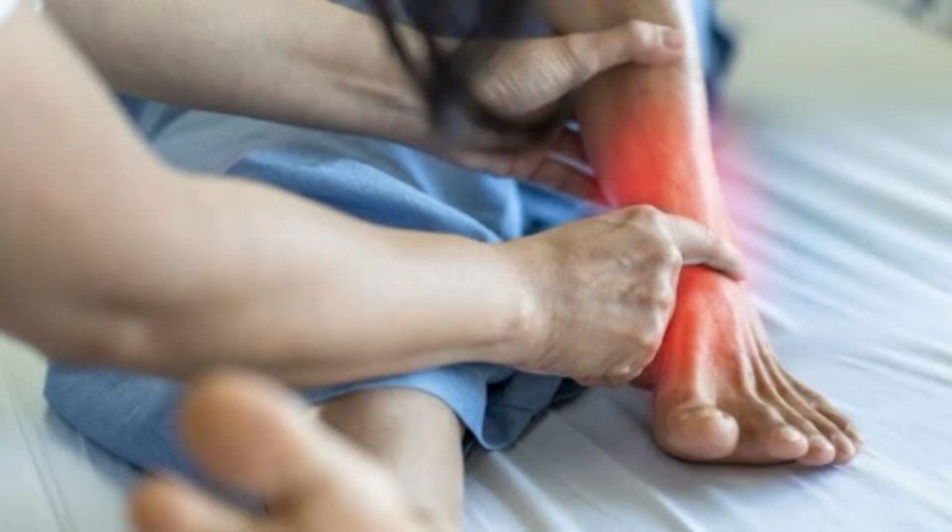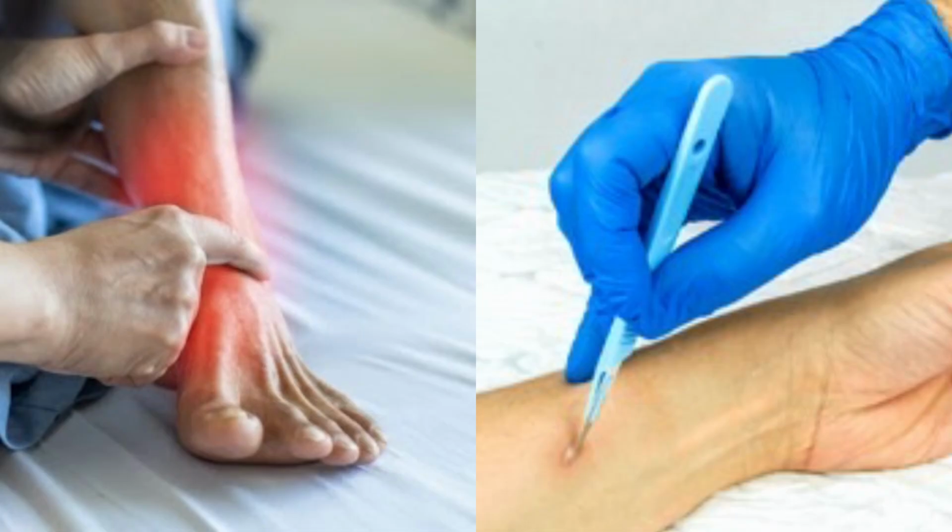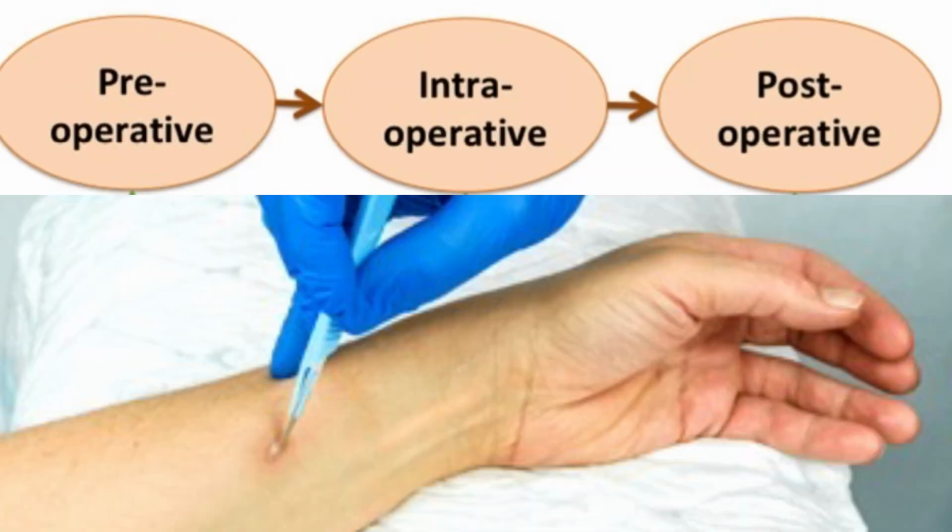This is a short explanation for the modifier 25. You are informing the payers that this E&M evaluation management is separately identifiable and is not included in that procedure. For some minor surgeries, there might be pre-service work, intra-service time and post-procedural time, right? These things should not be considered a separately identifiable evaluation management. So this is included in that procedure.